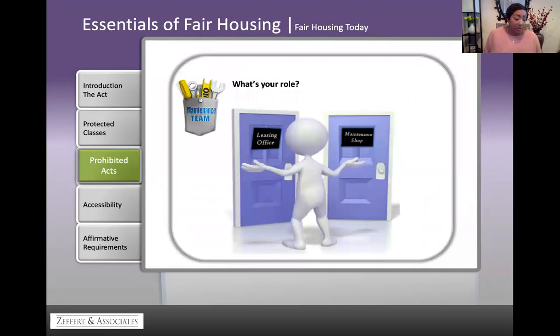It's important as well, at the bottom of page 9, that your maintenance teams know what their role is. What I mean by that is they have certain responsibilities, such as taking care of the grounds at the property, the common areas, maintaining that curb appeal, answering work orders. They're not responsible for knowing what the availability of your units is.